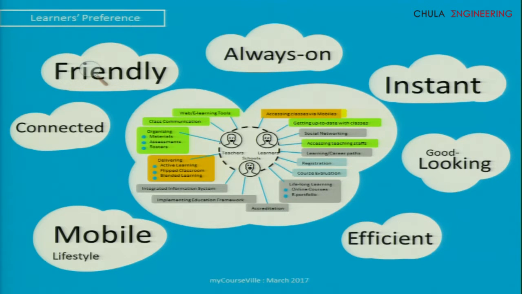So apart from these functionalities, there are other things that in today's application context we have to take care of, right? The fact that everything needs to be mobile first, students and teachers use social networks. We are expecting an always-on system. What does that mean? That means that if a student picks up their mobile phone, smart device, and would like to access a class, they should be able to do it in one or two touches, not have to go through all the login process, right?